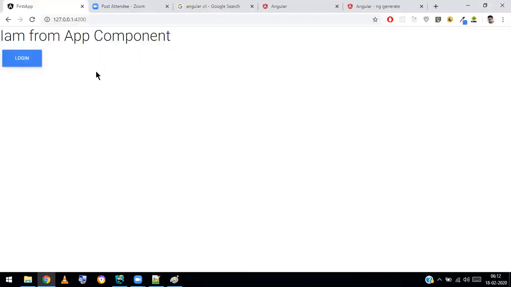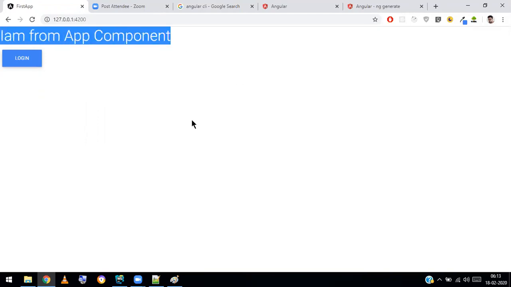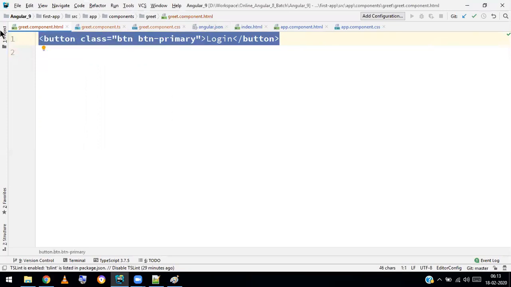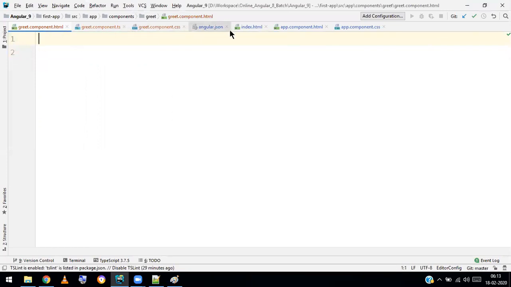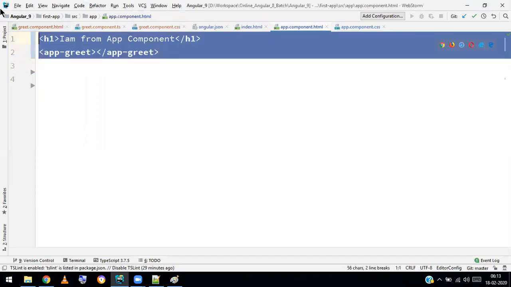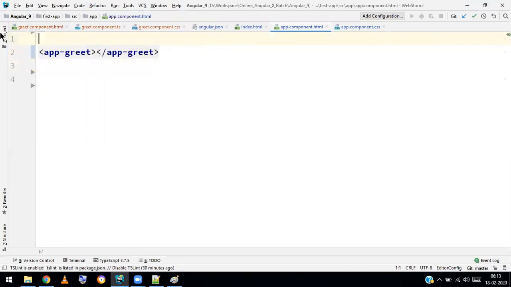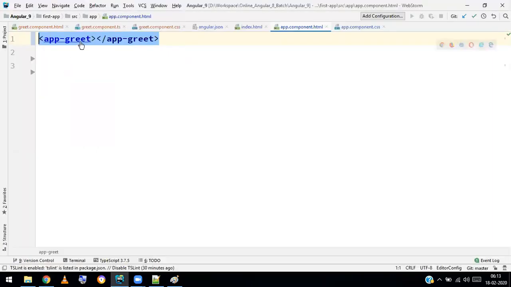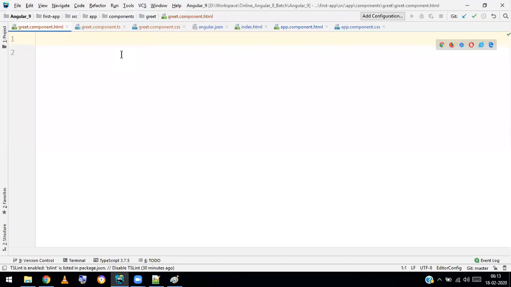So you can write anything over here. Fine. So let's make a navbar and something here. I'll go to app component.html. I don't need this h1 tag. Let's delete it and keep only app grids. In the app grids HTML, I'll make a navbar. How to make a navbar: let me grab the code from Bootstrap.